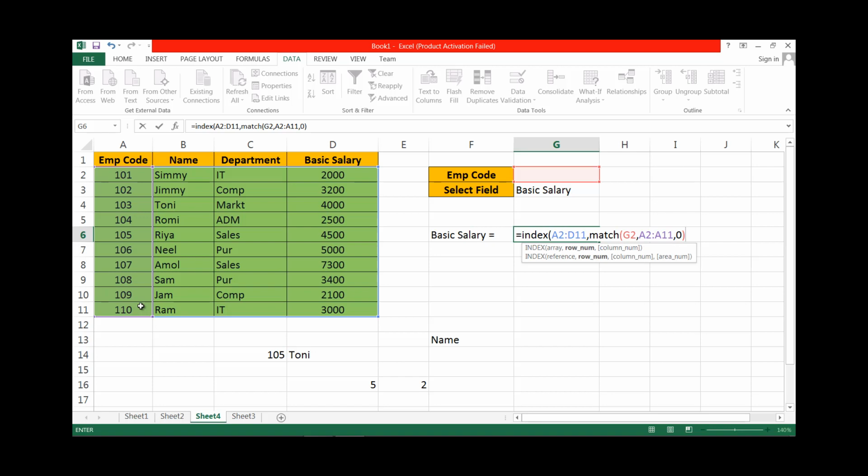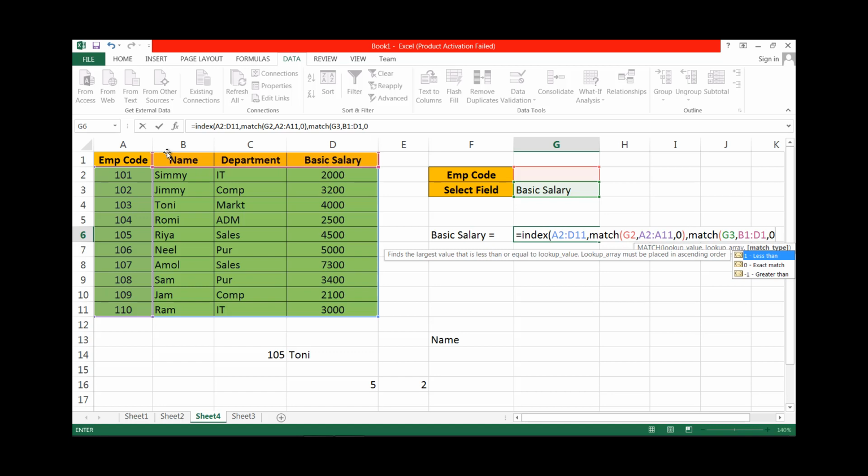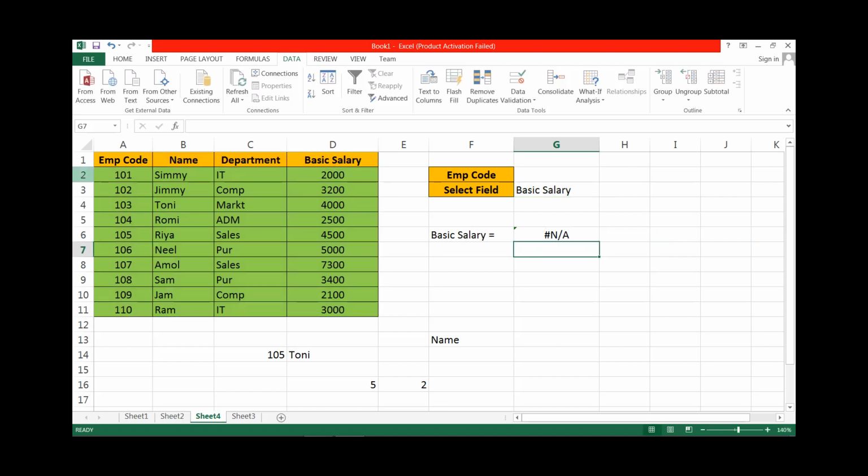After that, the column value is the field name or column name, therefore again use match. Lookup value from this cell, value to be searched in this range, and for exact match 0. Then press enter. Now suppose we want the basic salary of 103. Okay, let us see what happened here.